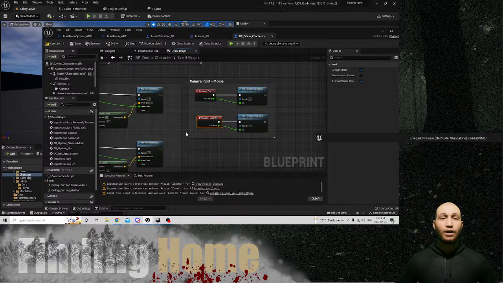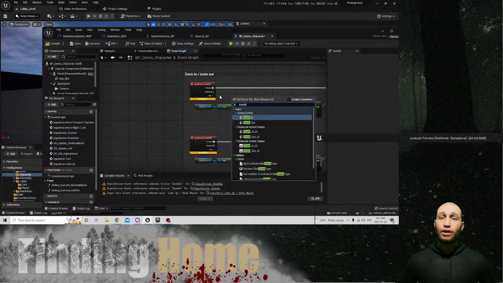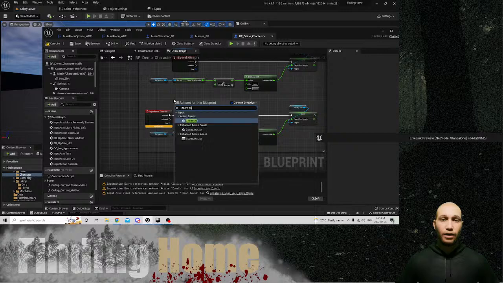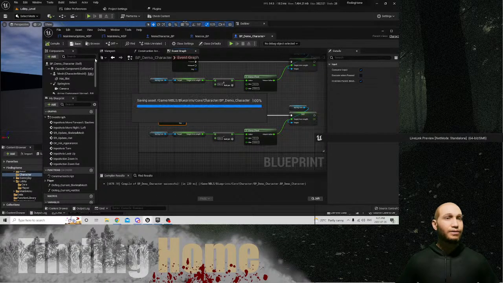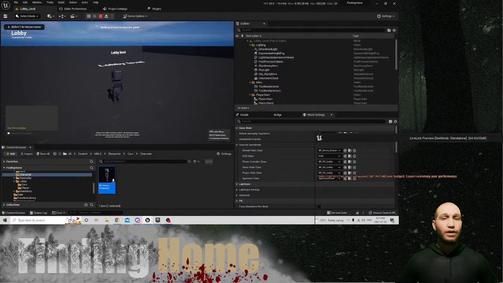I should just change that to look. It's not look up and down. But we can zoom in. It was spaced. Yeah, it's pretty picky with how it is. And zoom out. There we go. So if I hit play here, right, I get tab,